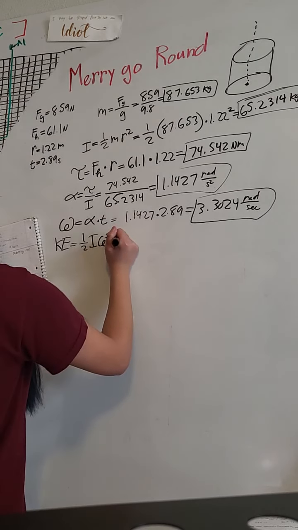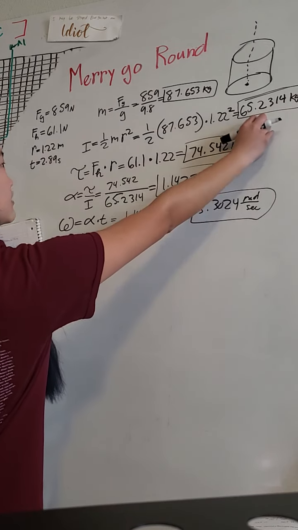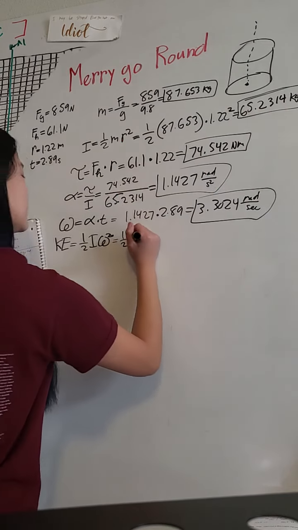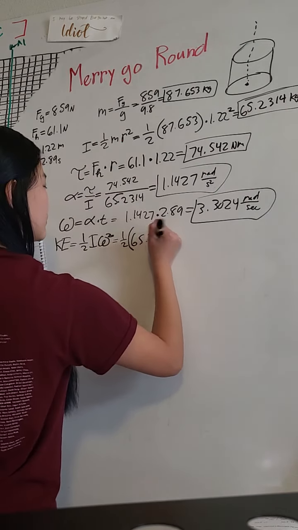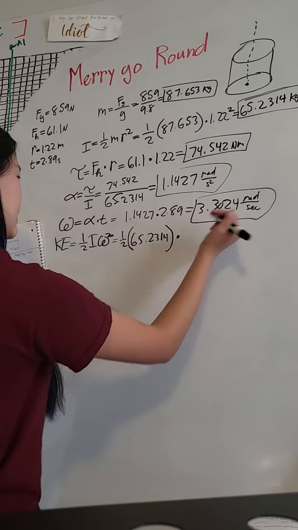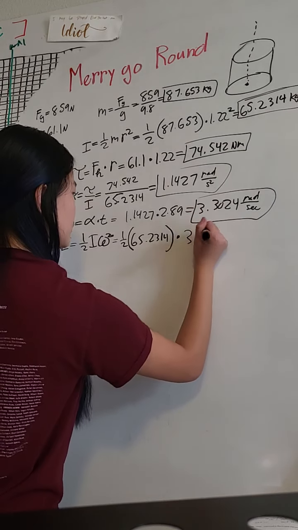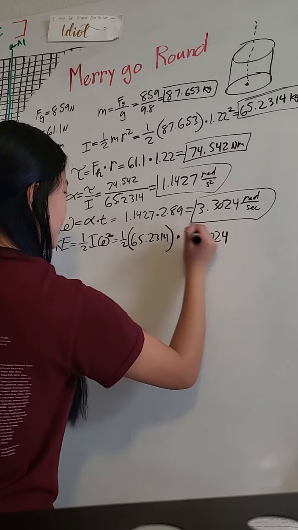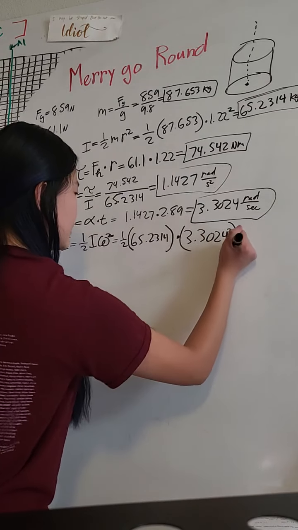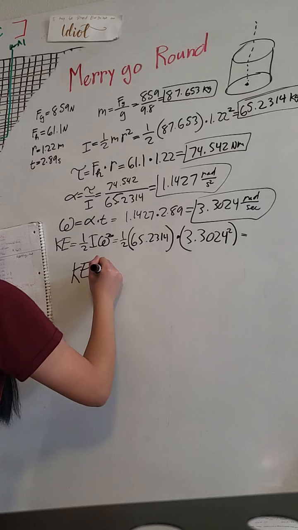If we sub in our numbers, it's 1/2 times the 65.2314 that we found, all multiplied by the angular velocity we got right here, 3.3024. And we can't forget to square that. Then kinetic energy should equal